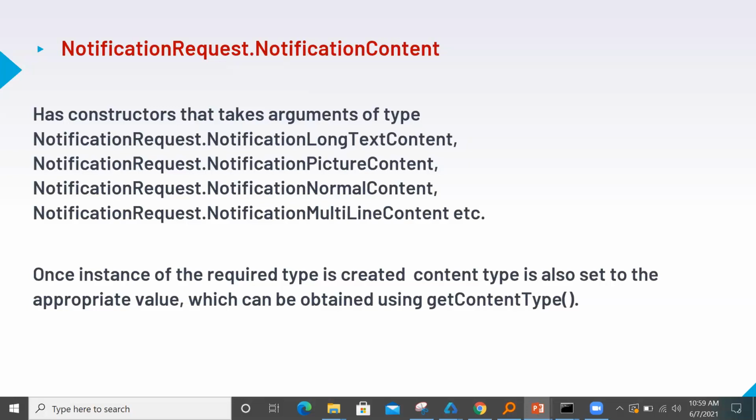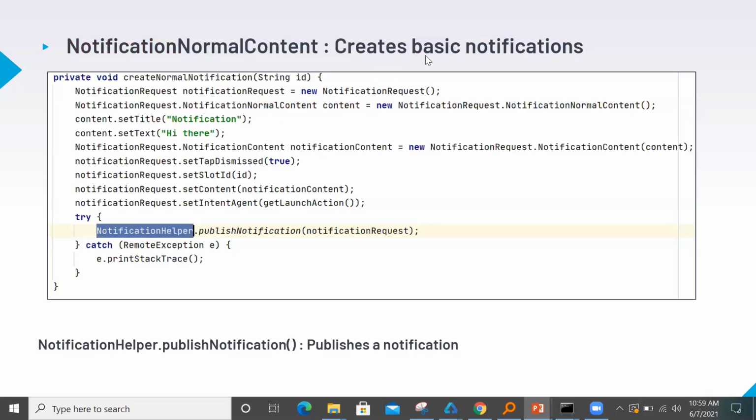Now I'll explain how a NotificationNormalContent is created. This creates a basic notification. Like I said, we create a NotificationRequest object and then an object of NotificationNormalContent.